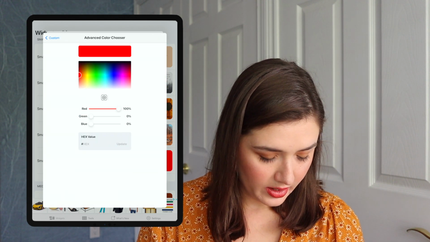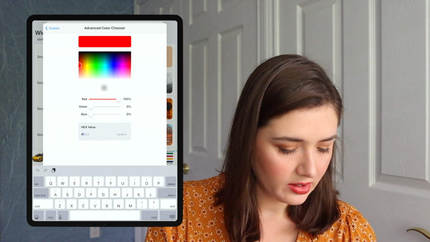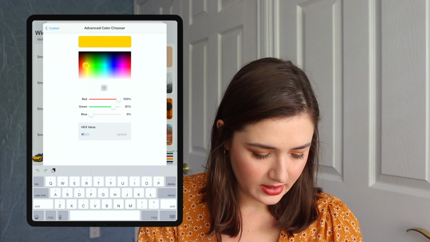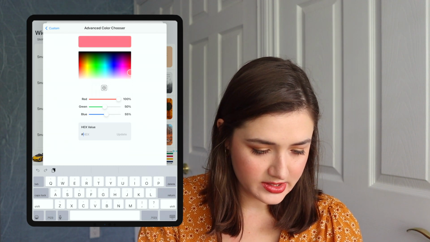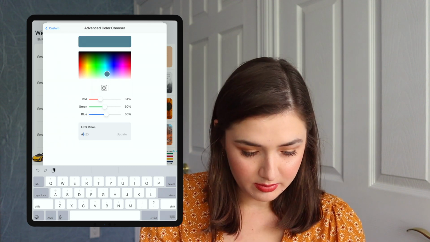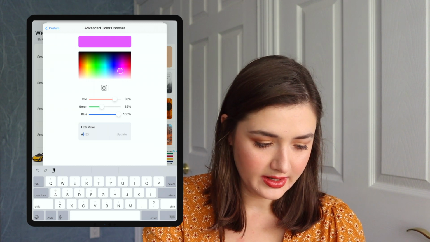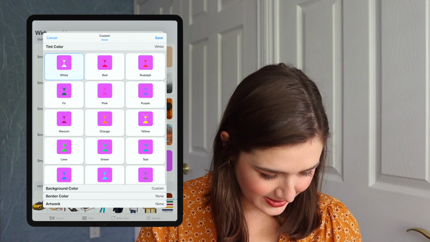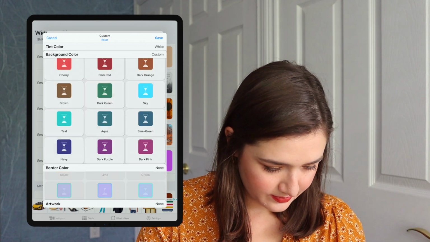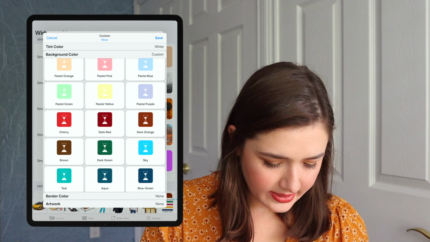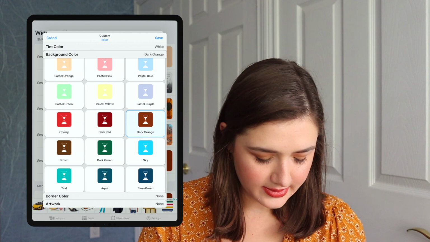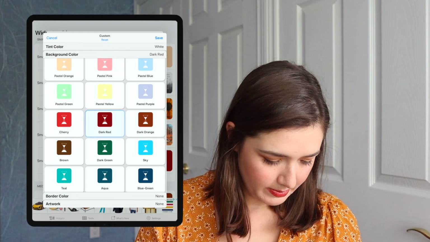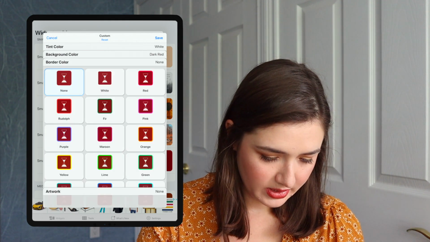But you can also click custom and choose your own color. Oh, I forget the hex for what my app icons were. I had it written down, but you can copy and paste or find a color once you do that, or just play around with the colors here. So now I just picked some random purple color. Oh, I think it was dark orange that I had, not the dark red. Let's do dark red to contrast. Okay, so I picked the color, and then you can also pick a border color.